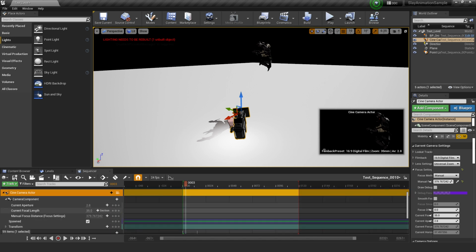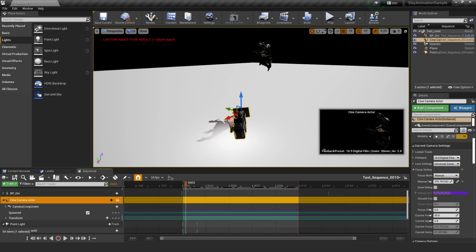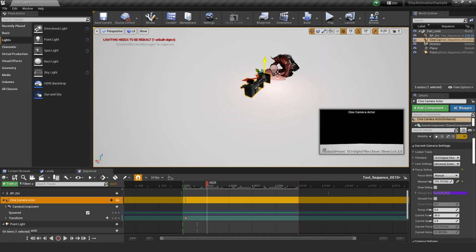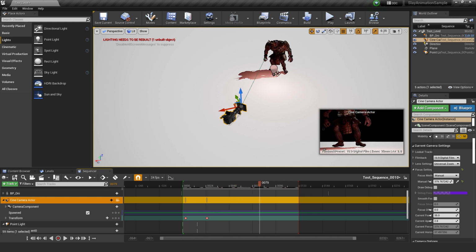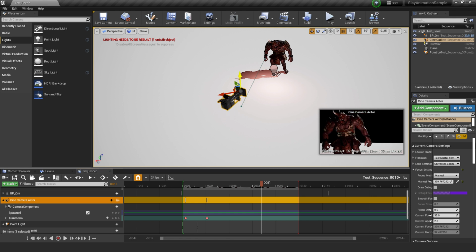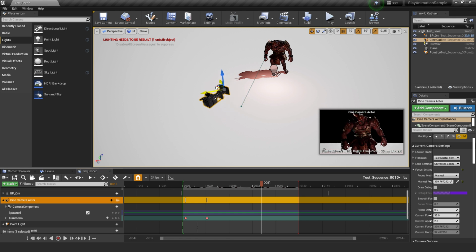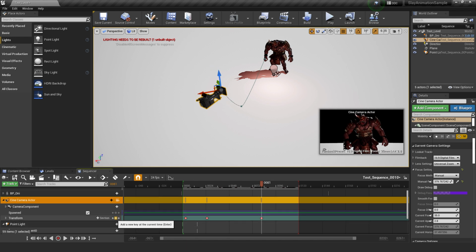And so what we're going to do is we're going to now keyframe the transform. We're going to scrub a little bit forward until he lands, and then we're going to adjust the camera again. There we go, just so we follow it all. We follow Oni from the air down to the bottom, and then once he stands back up into his pose, we're also then gonna grab our camera, adjust the camera as well, and have him center focus and keyframe him there.